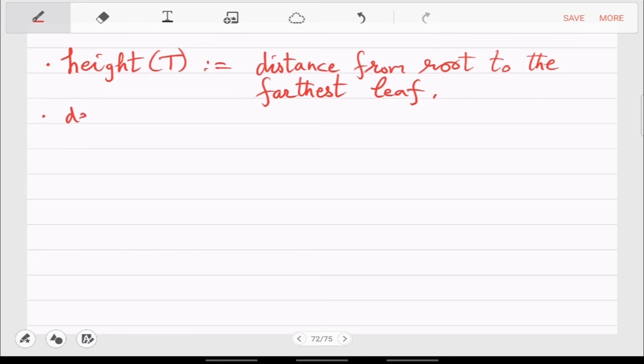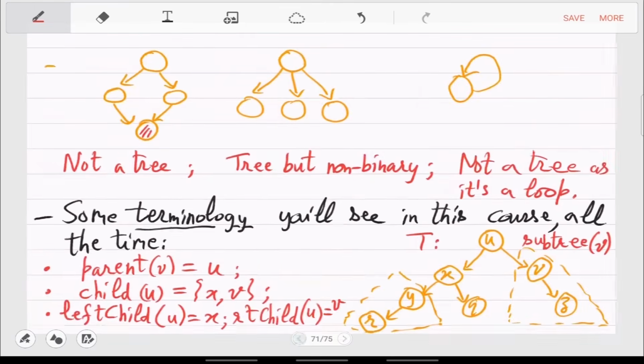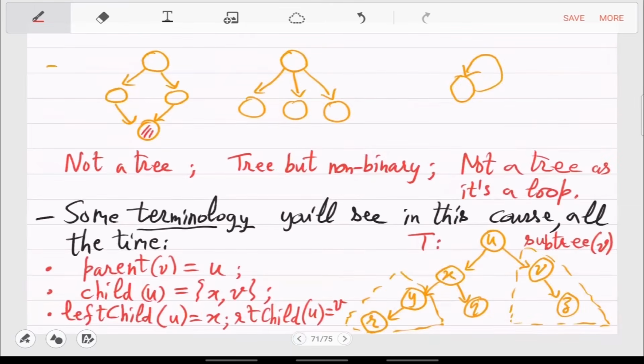Let me continue with height. So height of a vertex V is just distance from V to the farthest leaf. So height of V here is just 1, right?